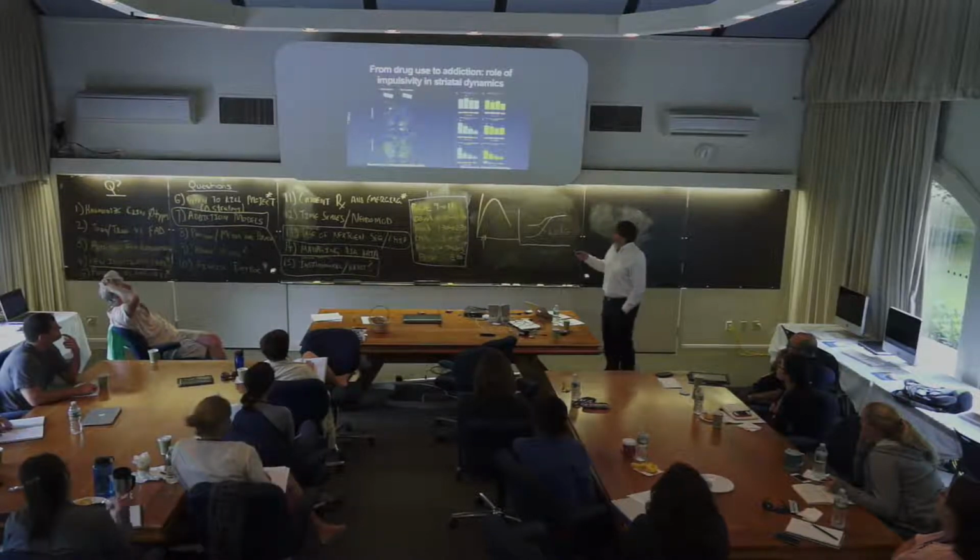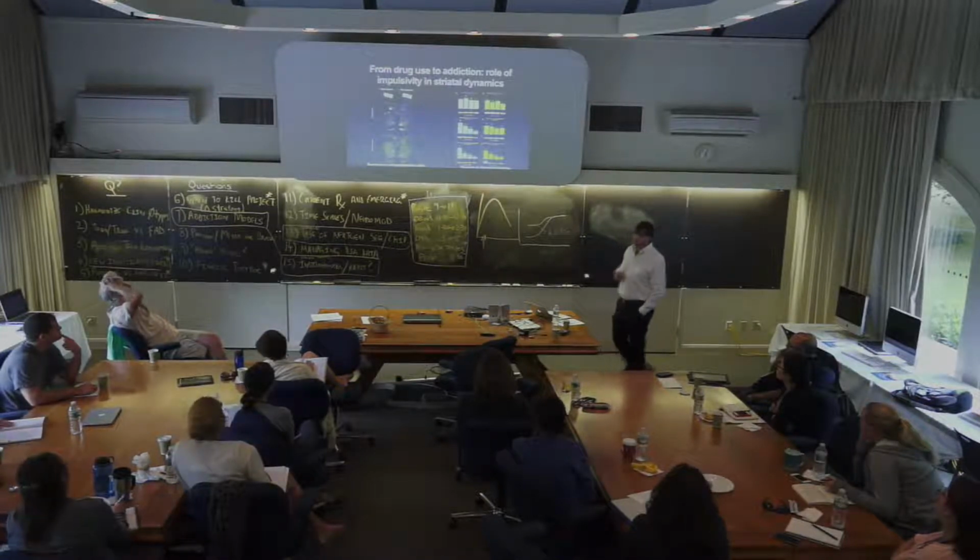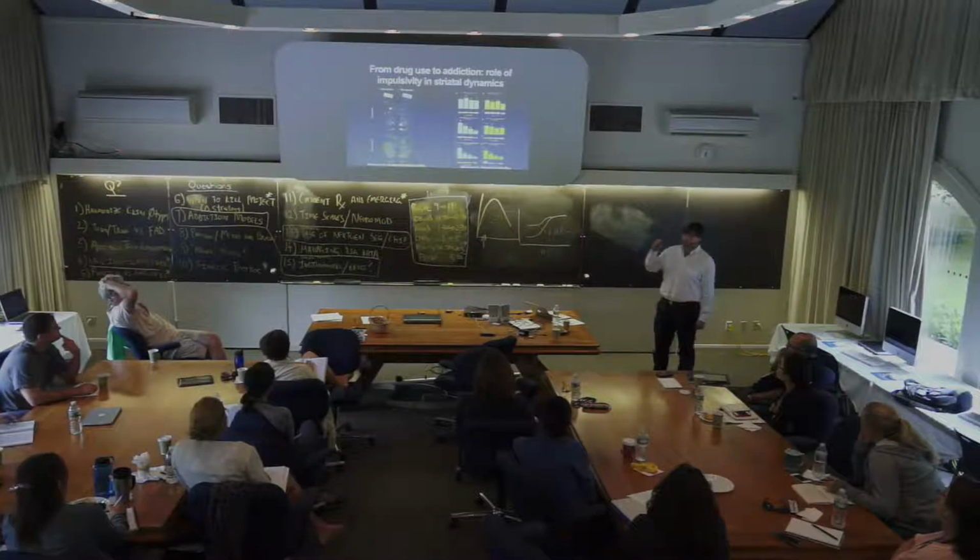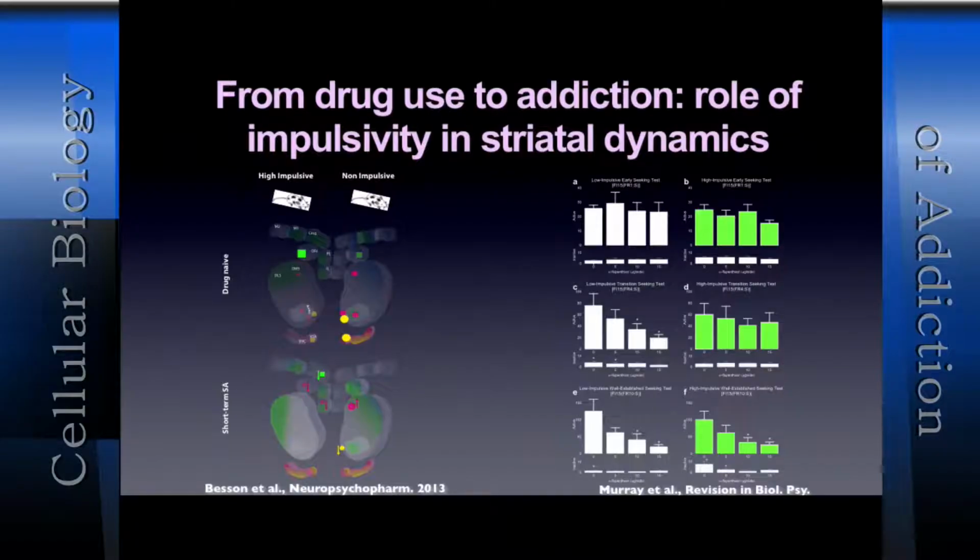So first we performed an in situ hybridization experiment in these animals. Rats were either drug naive, or exposed to 10 days of cocaine self-administration or 50 days of cocaine self-administration. These conditions, we know, promote compulsivity. We didn't test compulsivity because we knew we would have differential responses, and this would have completely disrupted the potential results we would have had.